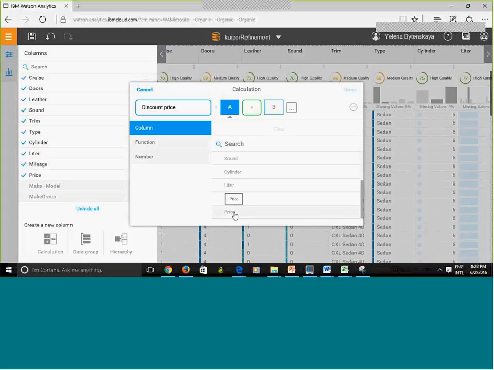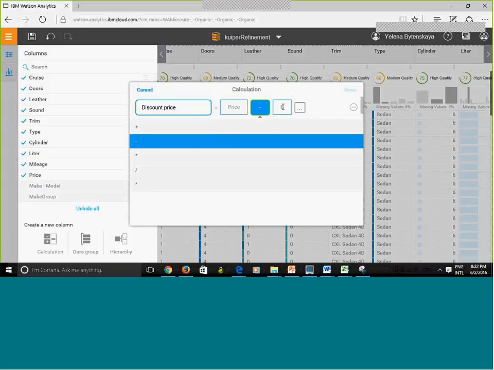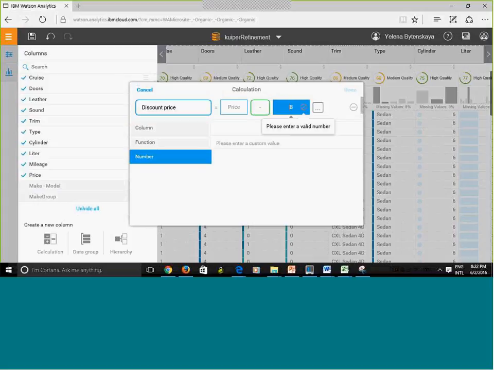I'm gonna say price, and in here I'm just gonna pick minus. And I can enter the number, as an example, I'm making it up, just 1,000. And I'm gonna hit done.